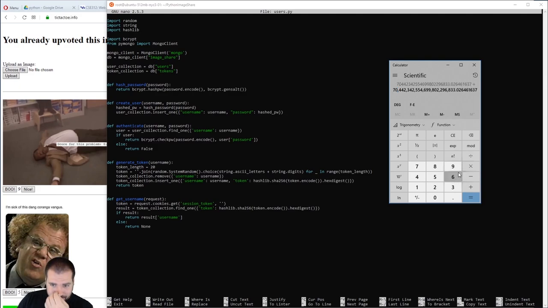And if we say they can have, let's give them 10 trillion attempts per second, 10,000 million billion trillion, it's still going to take them this many seconds,